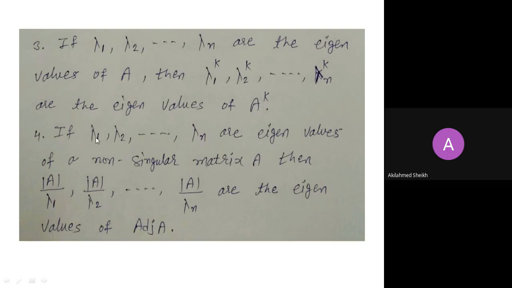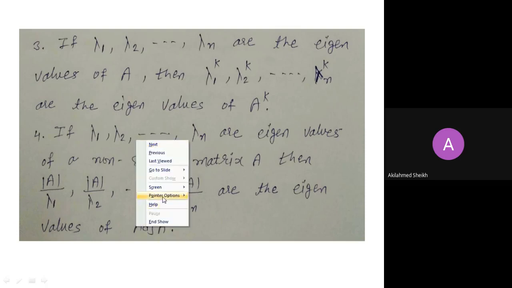Here, if lambda 1, lambda 2 up to lambda n are eigenvalues of a non-singular matrix capital A, where non-singular means whose determinant is not equal to 0, then determinant of A divided by lambda 1, determinant of A divided by lambda 2 up to determinant of A divided by lambda n are the eigenvalues of adjoint of A. Actually, this is the list from this equation, and we know that here